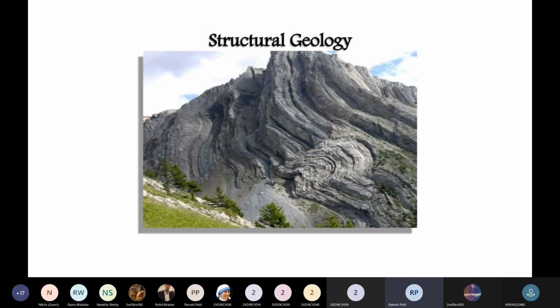Why do we need to study structural geology? The behavior of the rocks. Say for example, you are constructing something on this particular rock layer, you should know the behavior. After 20, 30 years, what may change in that particular region? If the stress is more in that region, the rock will bend again, and more fractures will develop there. So that's why you are supposed to understand structural geology before starting your construction.